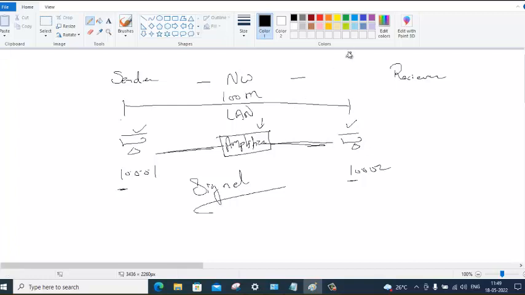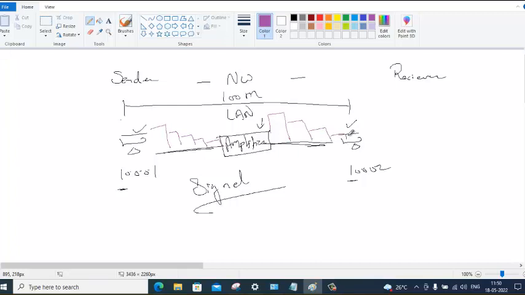For example, the data that is sent from here becomes weaker as it travels, and it cannot reach the destination. It cannot reach the receiver. So when you keep an amplifier, it again boosts the signal so that the receiver can receive it.